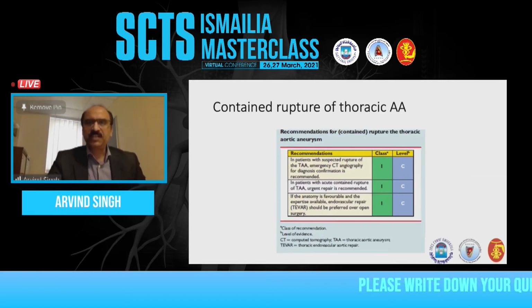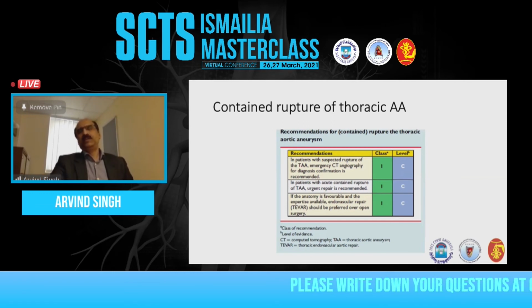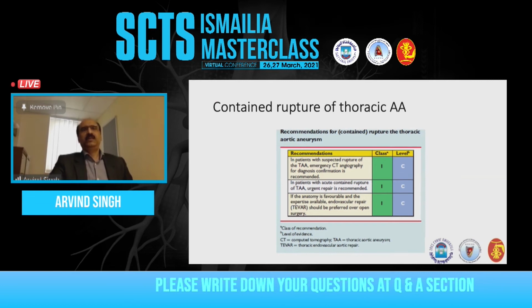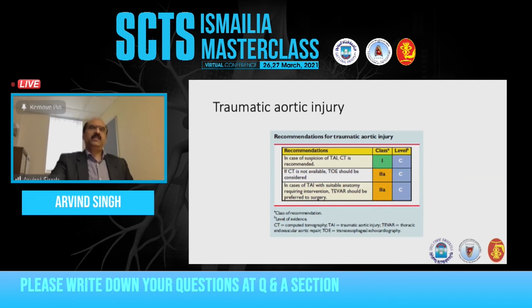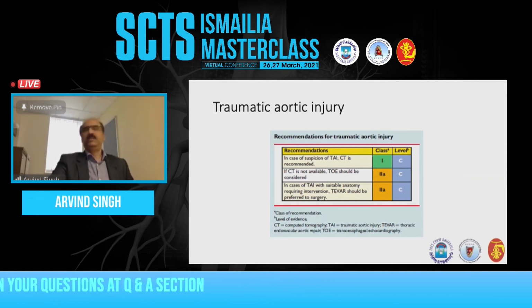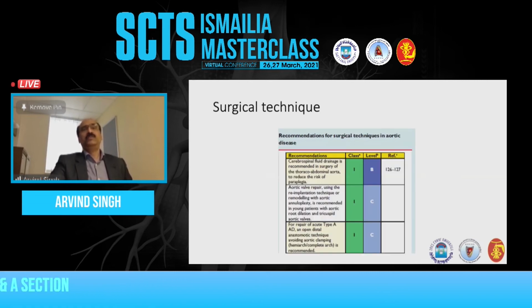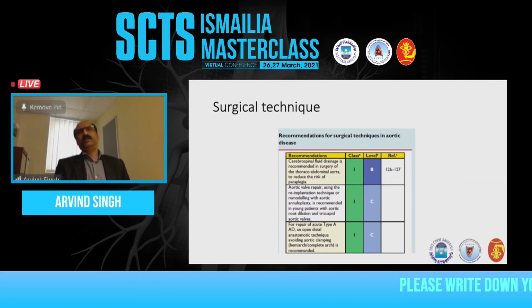Contained rupture of thoracic aorta. Again, this is something that we talked about earlier. Treatment would be with TEVAR. And for traumatic injury, the treatment would depend on the location as well as the acute or chronic nature of the aortic involvement. There are some guidelines which appear in the European Society of Cardiology as recommended surgical techniques, and